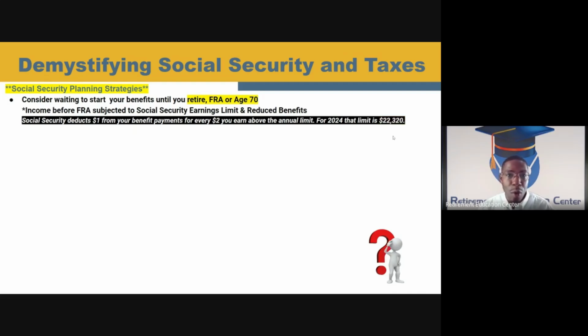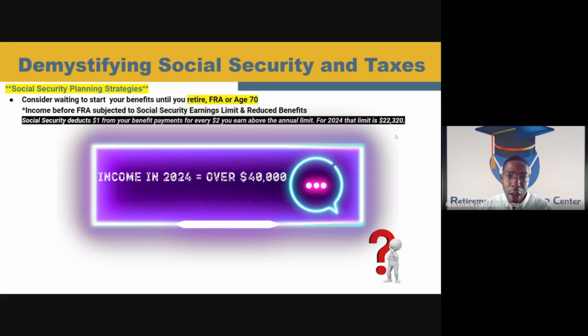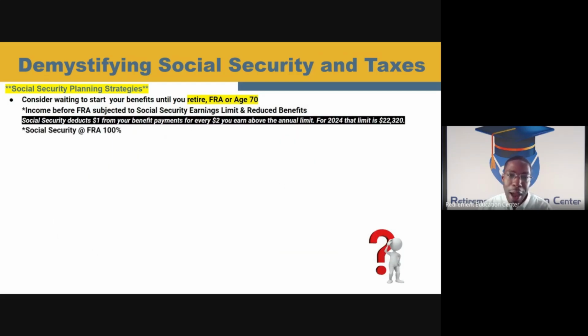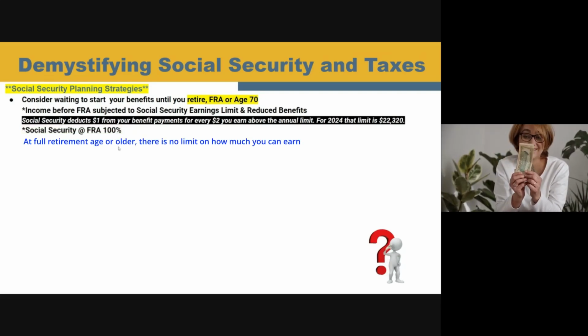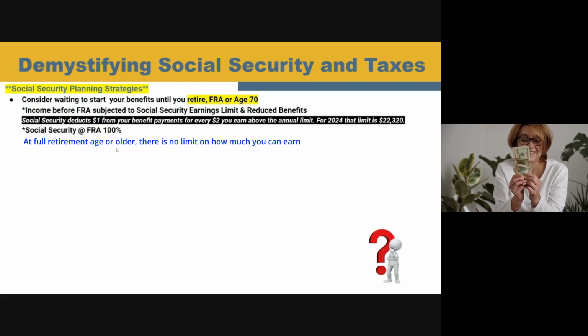So if you made over $40,000 in the year, as you can easily do the math on, you literally would not have any Social Security benefits coming to you. Now, with that being said, that is why I would encourage many people, if they're going to still continue to work, to wait to their full retirement age, because at that moment, you will at least get 100% of your benefits, and you can make $100, $200, or $300,000 or more a year and not have any of your Social